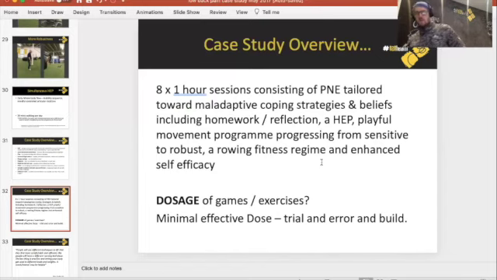How do we pick the dosage of these games? It's a little bit more difficult than the classic 3 times 10 of each exercise, minimum effective dose. So we need to be willing to do trial and error. We need to be able to do a little bit too much, because we don't know where someone's at. But if we go with the approach of minimal effective dose, so with that stick game, I would maybe start off with nice, easy